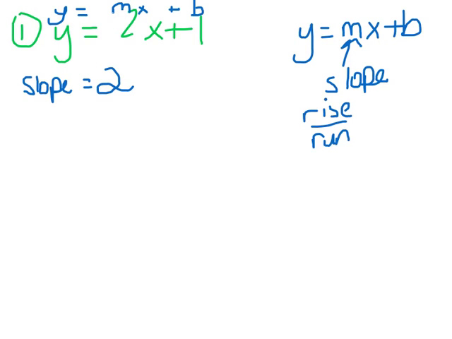I could write 2 over 1 if I want to count it off, but I normally would just say the slope is 2. In math, when we're telling our answers, you're trying to communicate the information as clearly as you can. So you don't want to make it more confusing by saying 2 over 1. You just want to say 2, okay? So that's our rise over run we would count off. If I were going to graph this, for instance, they don't ask me to do it here, but we'll just practice as we go. If I were going to graph this,